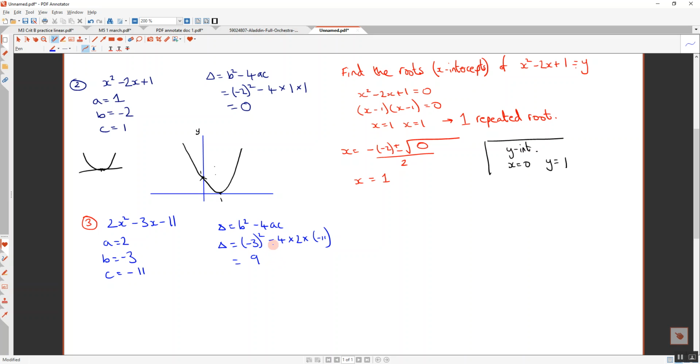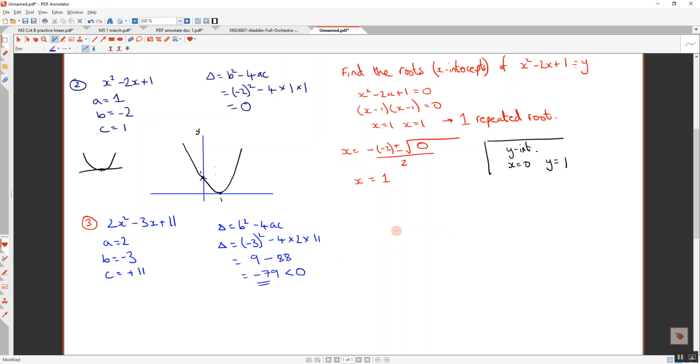So I get 9. Sorry, it was plus 11, wasn't it? Okay, well, I'll just leave it as 3 for now. That's plus 11 in the example that we want. So I get 9, take away 88, which is